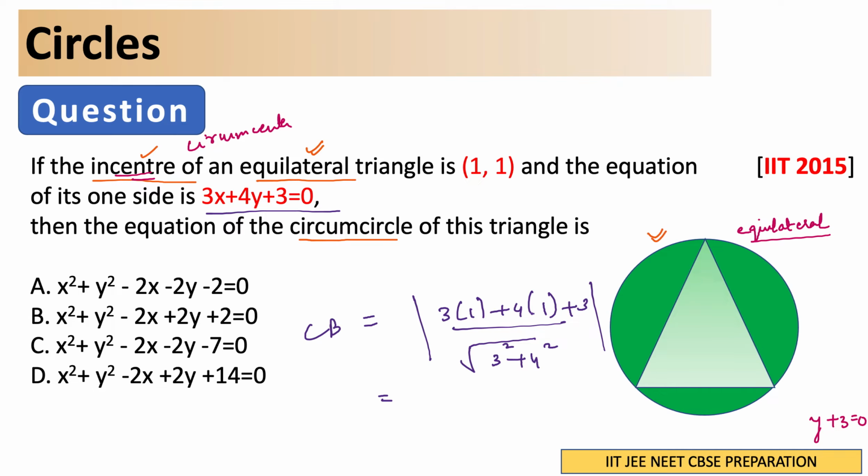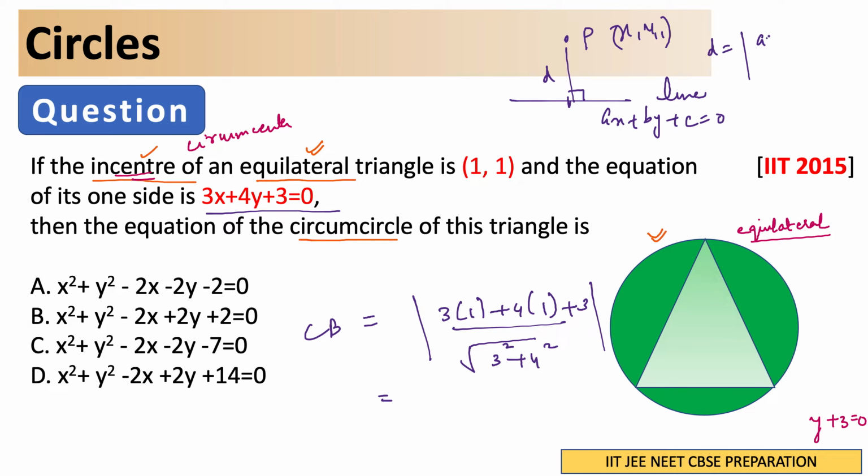So this is how much? 3 plus 4. So this is nothing but that point formula, right? This is the point, this is the line. If this is the line ax plus by plus c is equal to 0, and this is the point x1 y1, then in order to find this distance d, you place this point in this line. So you get ax1 plus by1 plus c, over root of a square plus b square. So this will basically give you the perpendicular distance, this d distance.